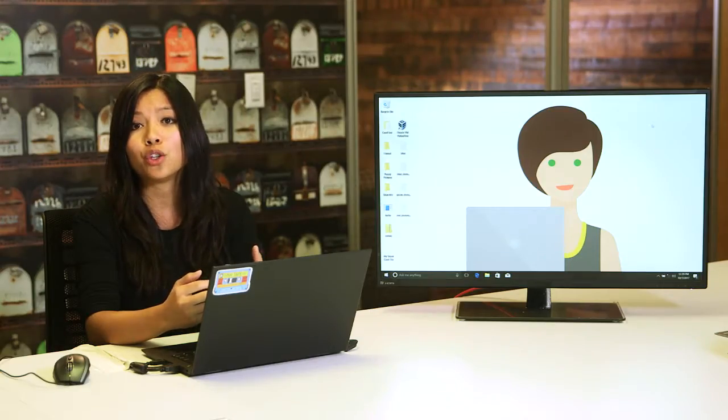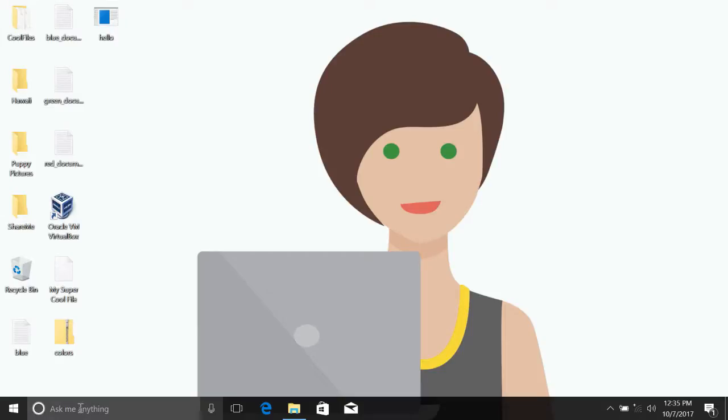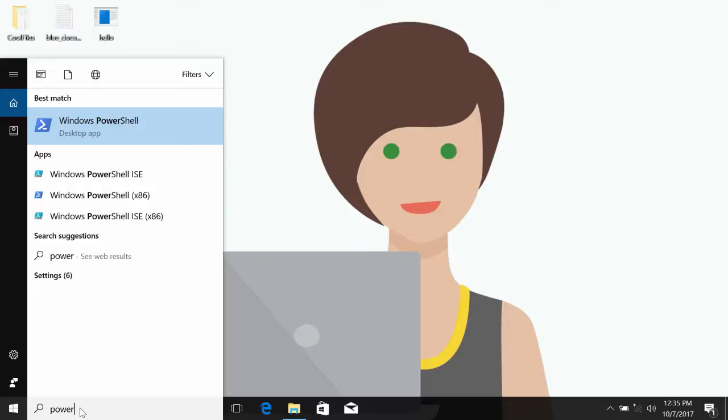The first command that we'll use is for listing files and directories. Let's start by listing the directories in the root of our C drive. The C drive is where the Windows operating system is installed. For many of you, it might be the only hard drive that you have in your computer. To get to the PowerShell CLI, just search in your applications list for PowerShell. From here, we can go ahead and launch the PowerShell program.